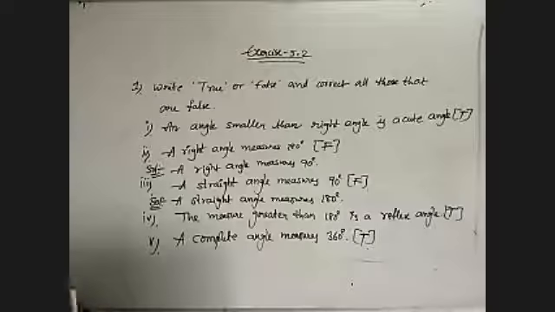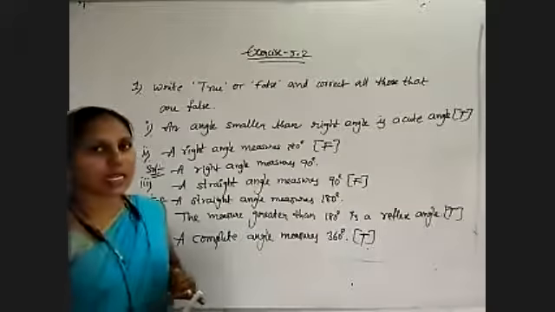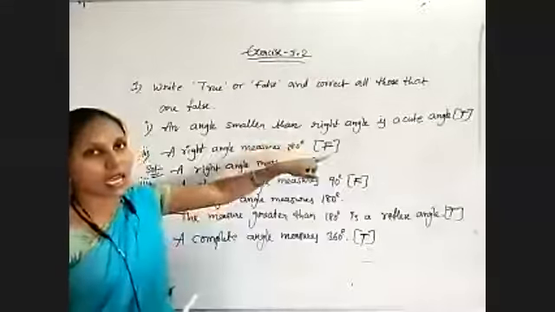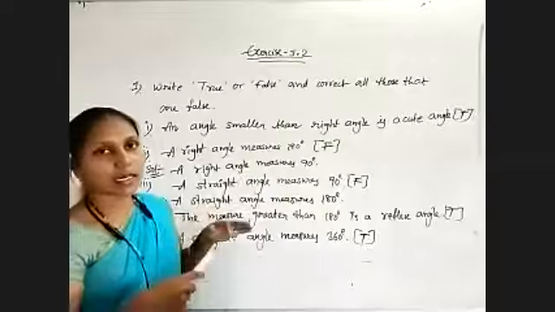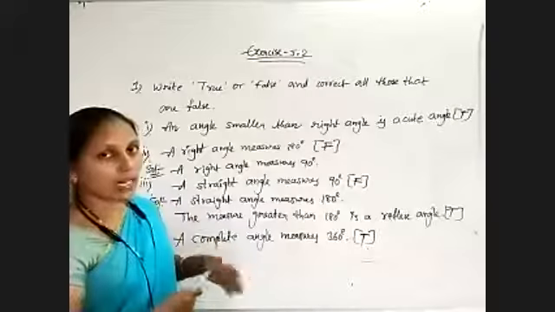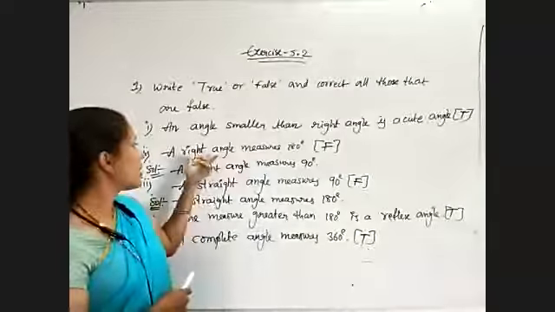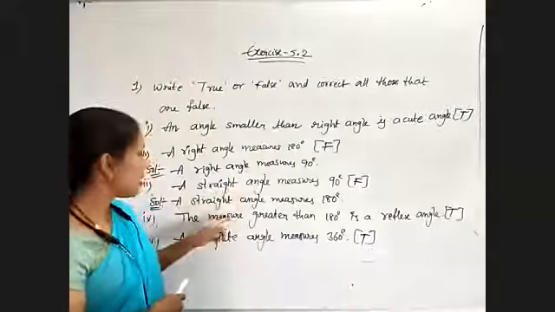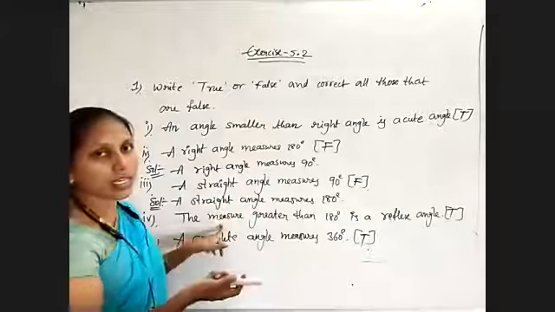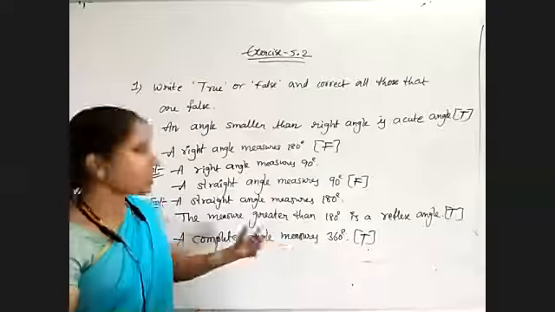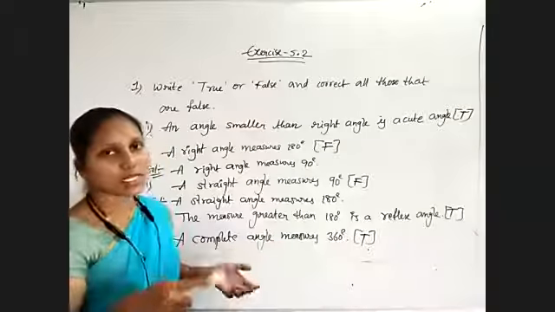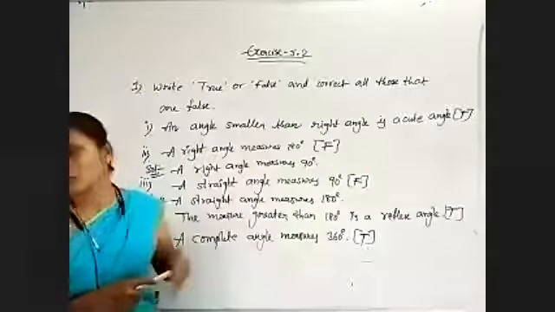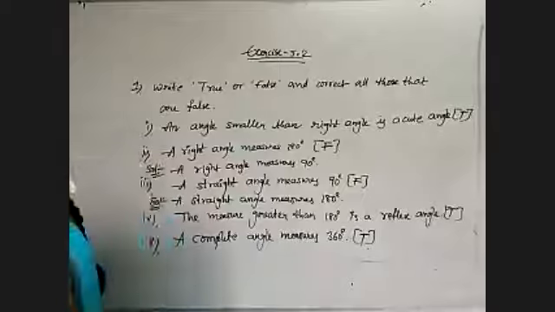So once again observe, angles which are lesser than 90 all are acute. 90 degrees is right angle. So smaller than right angle is acute angle. More than 90 and below 180 are obtuse angles. And right angle is 90 degrees, straight angle is 180 degrees. Next, the angles which are more than 180 all are called reflex angles. And 360 is a complete angle, 0 degree is zero angle. These are the different types of angles. Depending on that only you have this statement. Now coming to the second problem.